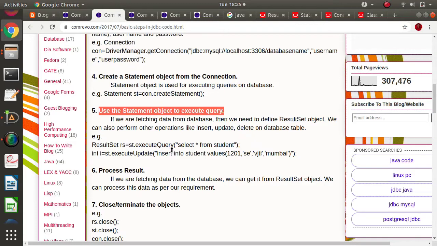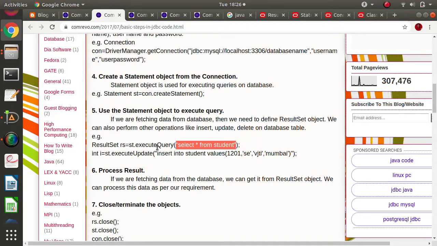By using the Statement object, we call the method executeQuery or executeUpdate. If you are fetching data from the database, then we call the method executeQuery, and the SQL query is passed as a parameter to executeQuery.